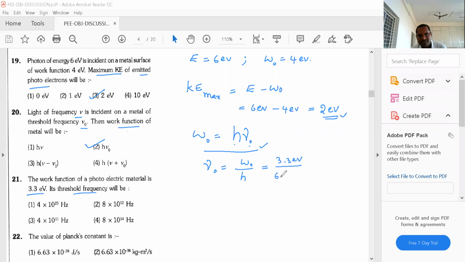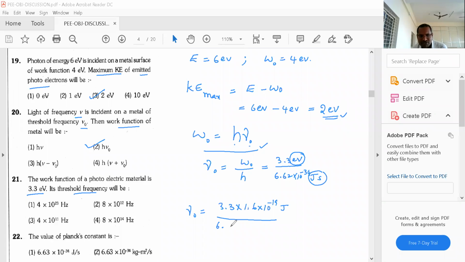Planck's constant is 6.62 into 10 to the power of minus 34 joule second. If you directly cancel, you won't get the answer because here the unit is electron volt, whereas here the unit is joule. So we need to convert so the unit is the same. It can be written as 3.3 into 1 electron volt, which is 1.6 into 10 to the power of minus 19 joule,